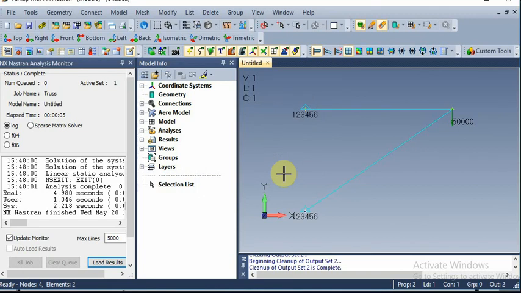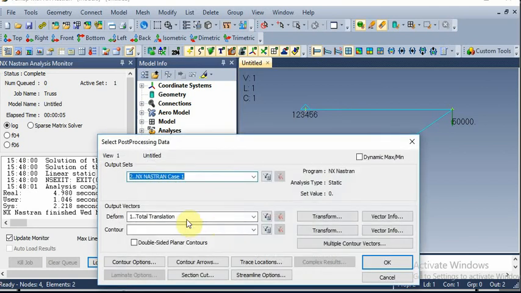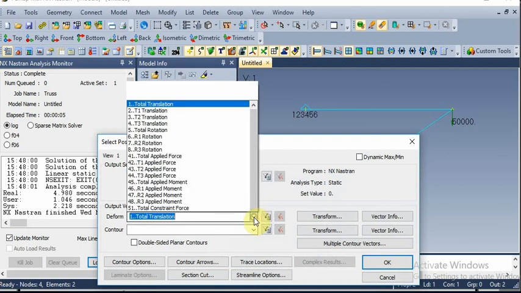Now you have to click F5 in order to check all the results, mainly displacement and elemental stress. For that, draw model is the model style, deform style will be deform, and contour style is beam diagram. In deform and contour data, you have to select the output vector.